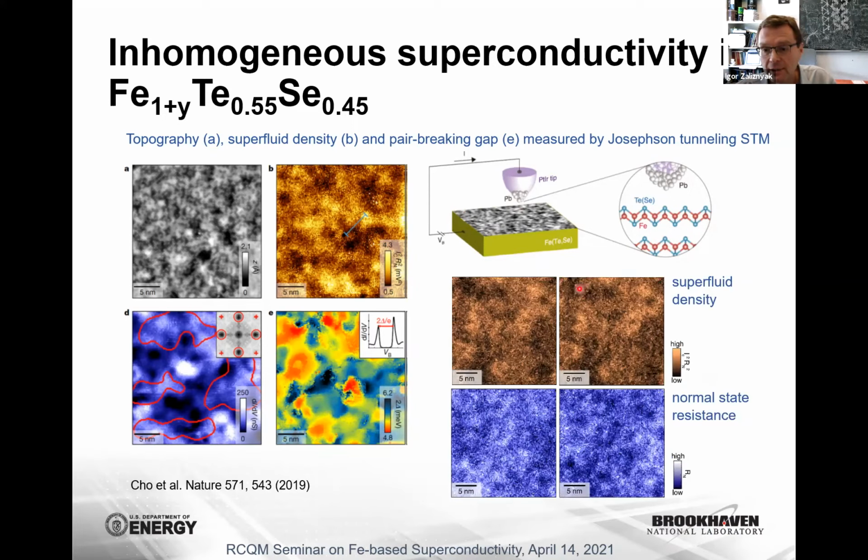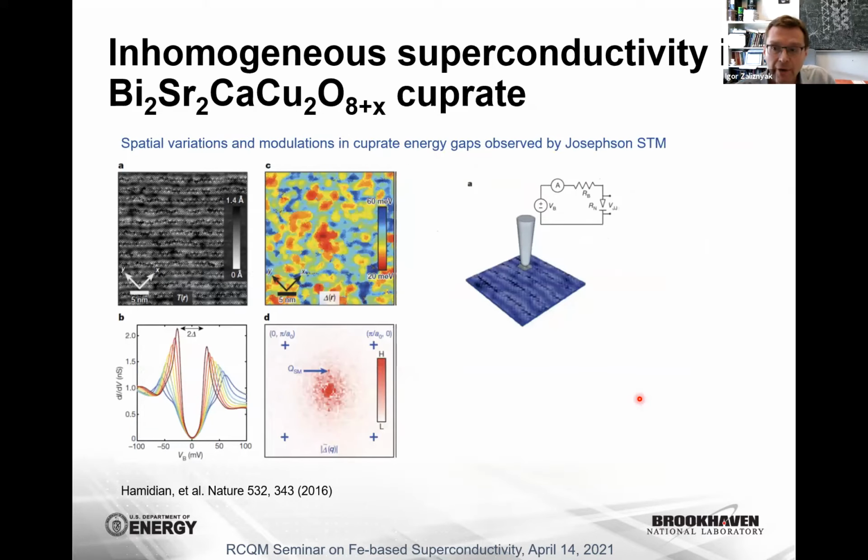And in fact, the inhomogeneous superfluid density is also accompanied by inhomogeneous normal state resistance on the surface. So the superconducting properties of this material and the electronic properties seem to be substantially inhomogeneous as measured by STM. In fact, I want to mention that earlier, very similar, in my view, electronic inhomogeneity of the superconducting state was observed in a BSCCO cuprate superconductor by the same Josephson STM. So this panel C shows the variation of the superconducting gap as measured by Josephson STM on the surface of